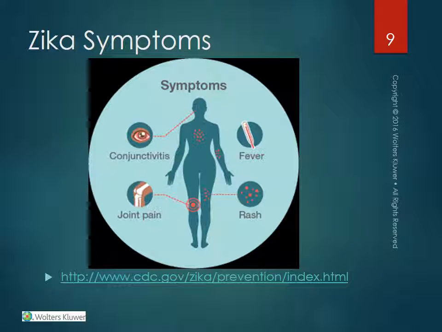This slide depicts the symptoms of the Zika virus. These include fever, joint pain, rash, and conjunctivitis. Symptoms may last a few days up to a week. Prevention is aimed at reducing the risk of mosquito bites or avoiding them altogether and practicing safe sex. Visit the CDC link provided and explore the various content information on the Zika virus. Again, this information provided in this website is for your knowledge base, and I would not be testing on it.